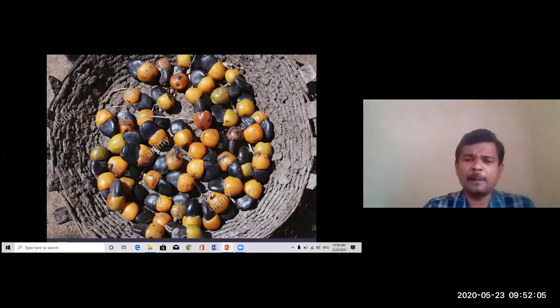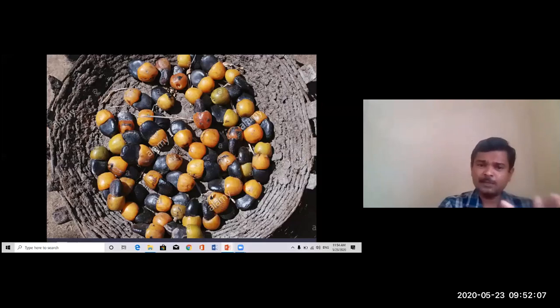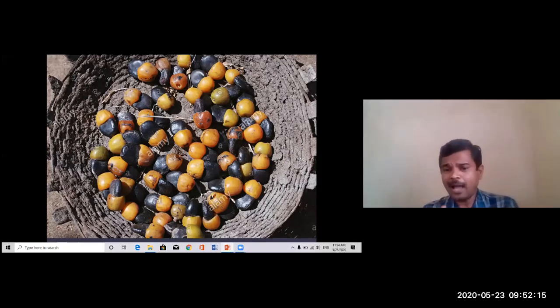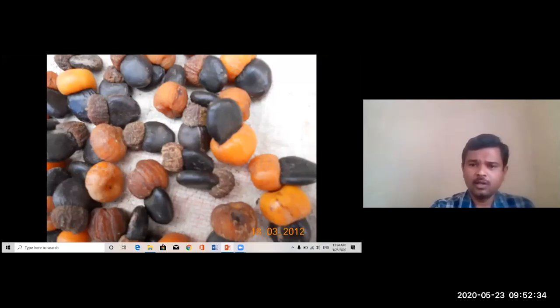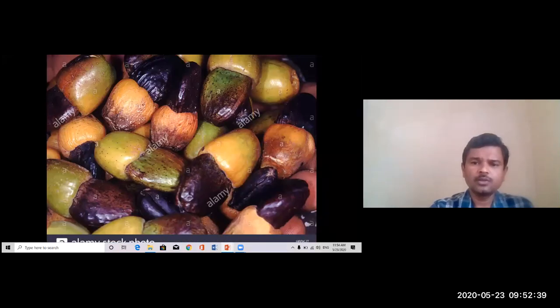So here in this part also you can observe the whole fruit, false fruit as well as true fruit is present. That orange colored fruit is the false fruit, whereas the black colored part which is situated on that thalamus part or hypocarp, that is the true fruit. So please remember, while writing the morphology, you have to explain this one. Okay. So this is another picture of the true fruit and false fruit.